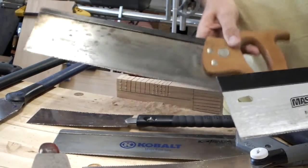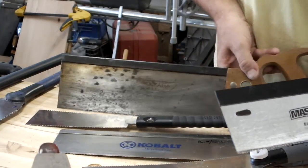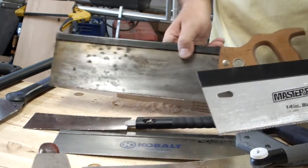This saw, I kid you not, is as old as I am. It's at least 50 years old, but it's probably 60. And I'm going to be 53. But anyway,